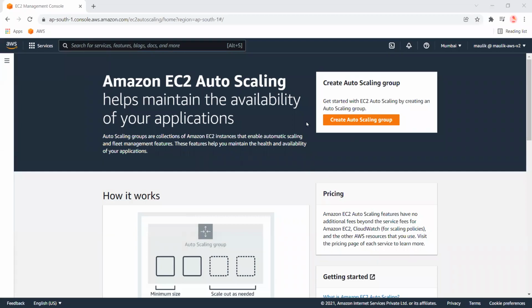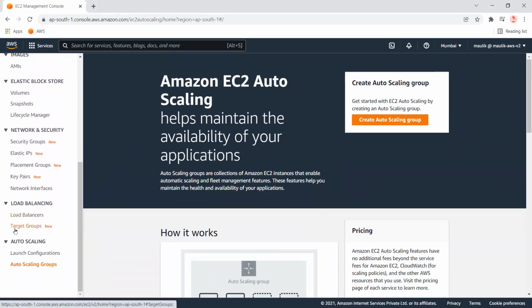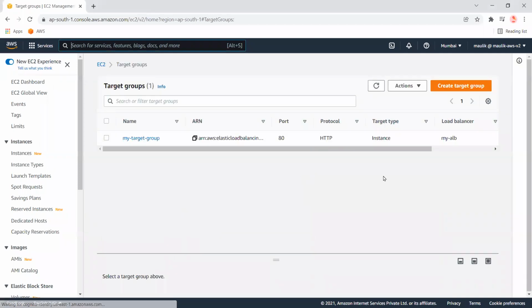Hi, today we are going to see how we can create auto scaling groups and high availability and high scalability setups. So let's create it. First of all, we'll require target groups and a load balancer for auto scaling groups. In my previous video, I have already created the target group and the application load balancer